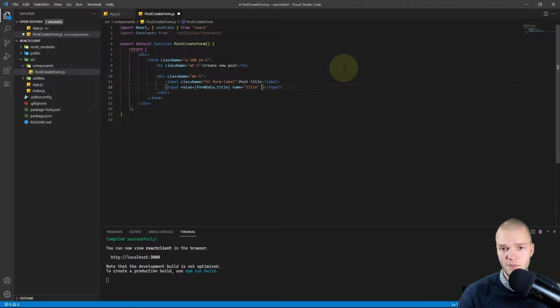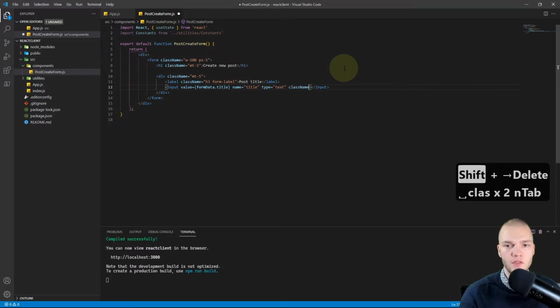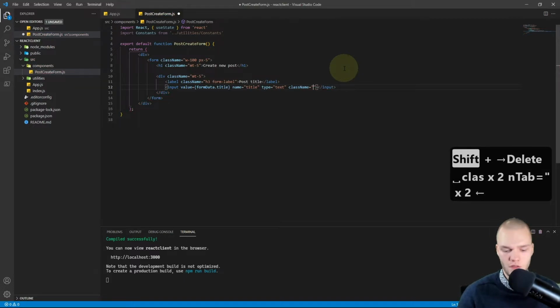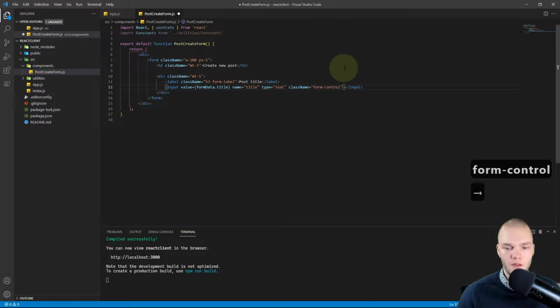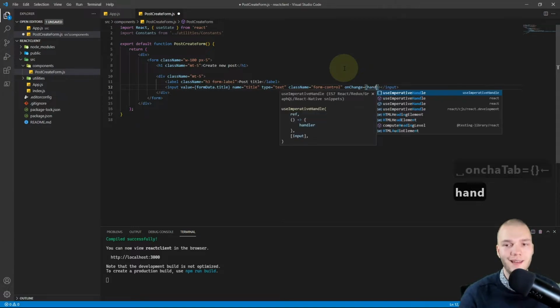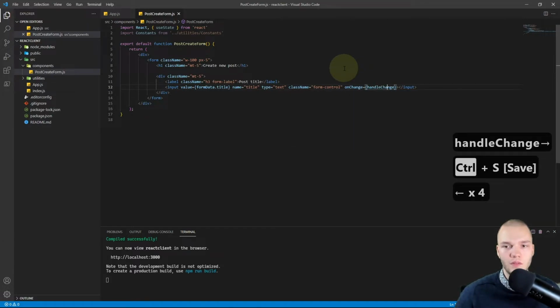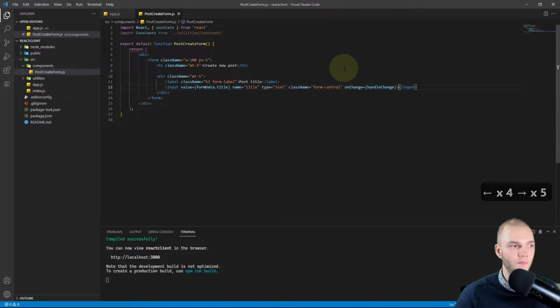That's fine. ASP.NET automatically converts that, I believe. I'll set the type attribute to text, because this is a text field, and I'll also set the class name to form-control. And for the onChange event, we will do handle change. We'll create that function in a minute too. And this input can actually be self-closing. So I'll remove this closing tag and just add a slash here so that it's self-closing.